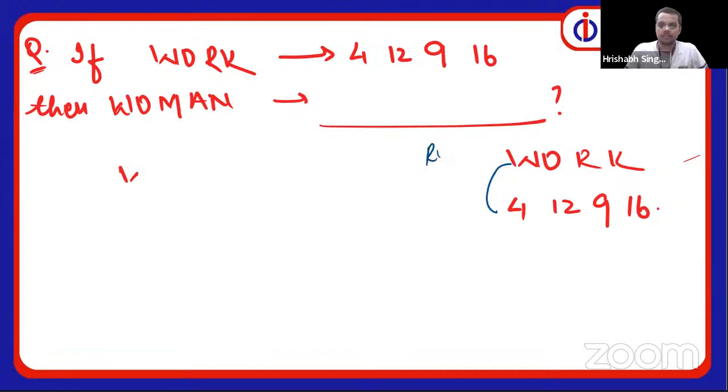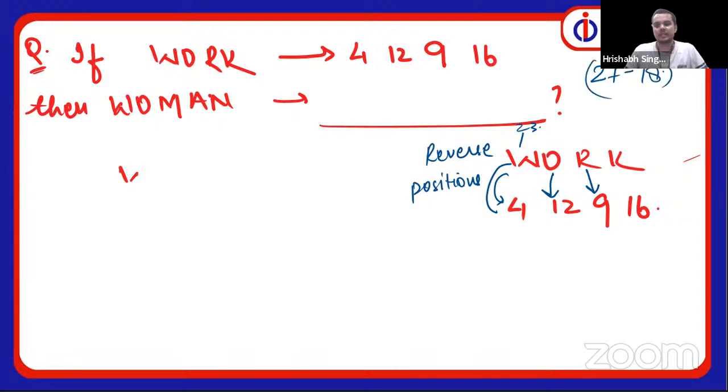So reverse positions. W's original position is 23 and reverse position is 4. Similarly for O, reverse position 12. R's reverse position is 9, because R's opposite is I, whose original position is 9. Also, you can find it by the 27 minus original position method: R was 18, so 27 minus 18 leaves 9. K's reverse position is 16. So the pattern is